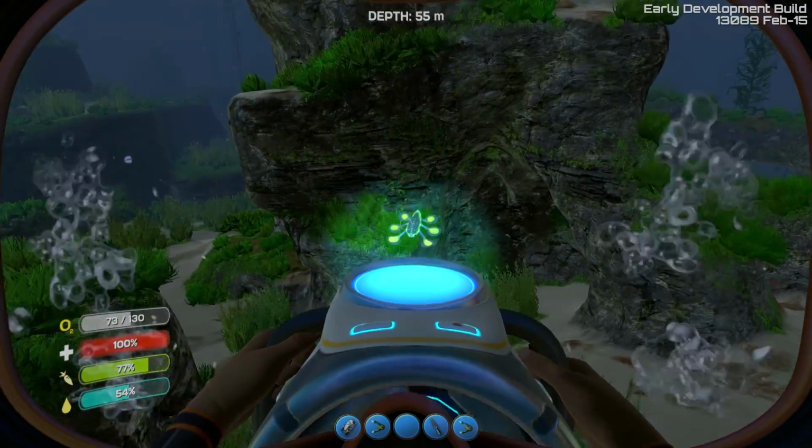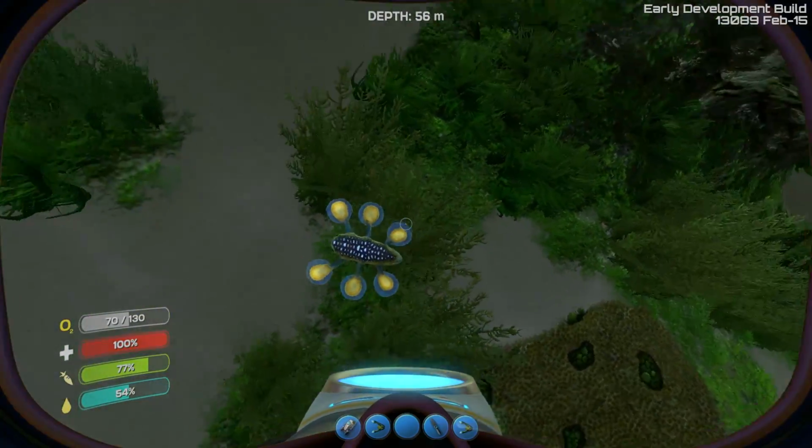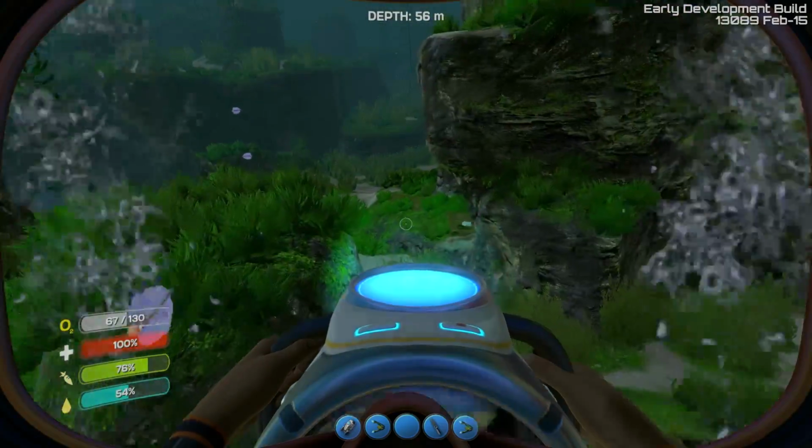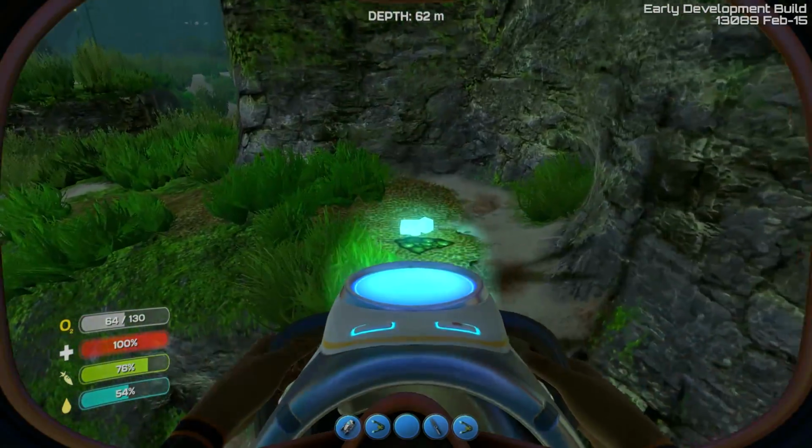What is this little thing right here? It's kind of cute too. Why is everything so adorable in this game? Why do you gotta make me feel so guilty about murdering you? Although it does say something sort of interesting about the fact that...